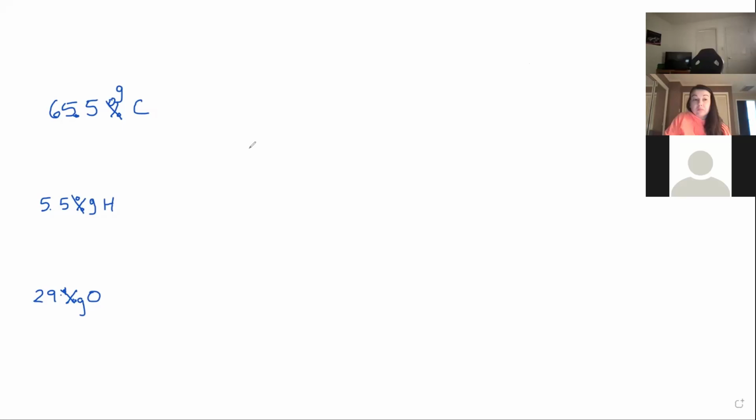Okay, so let's come back together to look at this one. So this problem was a little bit different than the example we did at first because this one was given percentages, but again, no biggie, just assume that it's grams. So now I need to get out of grams and into moles because a chemical formula is a molar relationship. 1 mole of carbon is equivalent to roughly 12.01 grams of carbon, which ends up giving me 5.45 moles